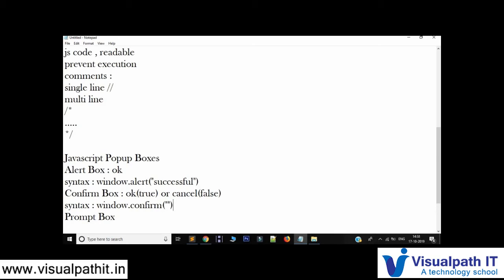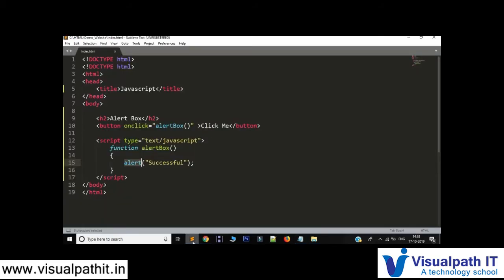For example, you are writing press a button or are you sure? We'll always go for are you sure. Even here you can omit this window word. So in alert as well as in confirm you can omit this word. Now let's see a small example and understand this.